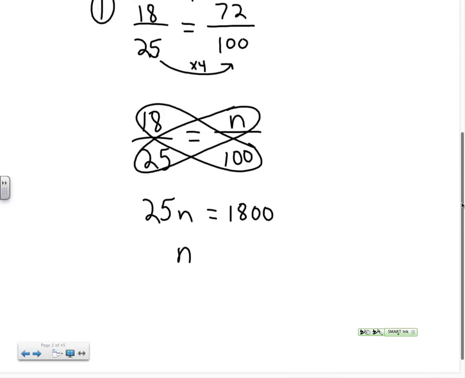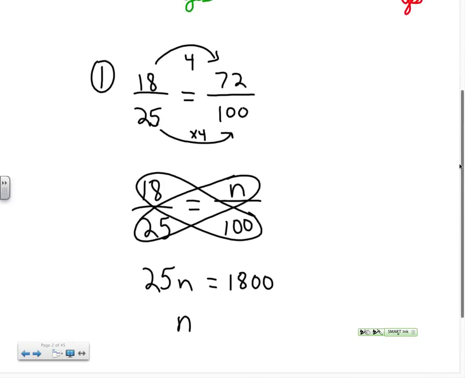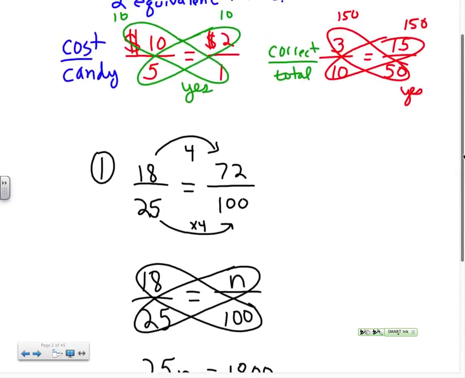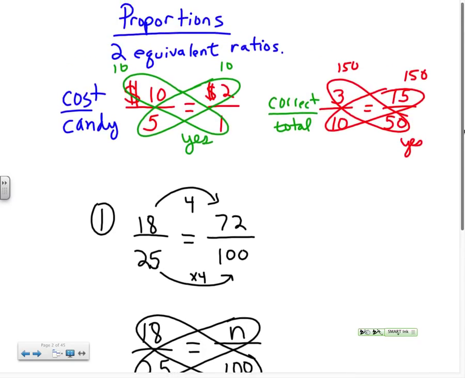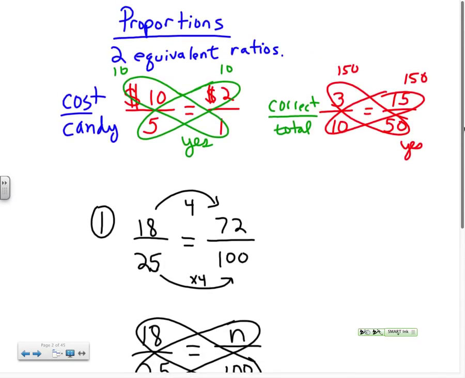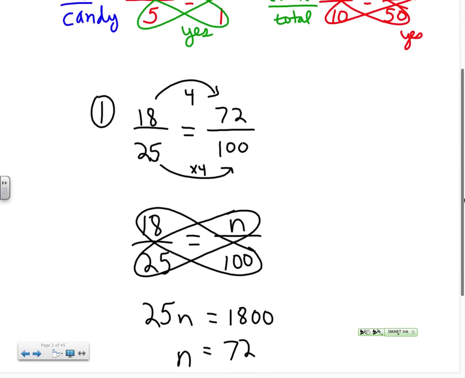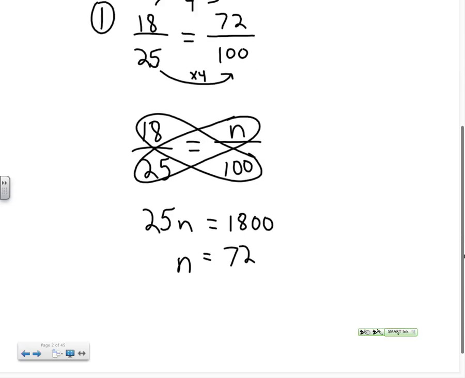I would probably use a calculator because this would be a division problem, but the answer actually does turn out to be 72. So there are two ways you can find proportions. This is just a little introduction. We'll be getting into a bigger lesson in class, and then I'll post a new video to show you different ways you'll look at these proportions in the